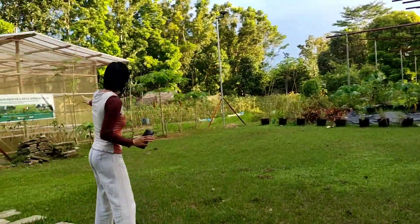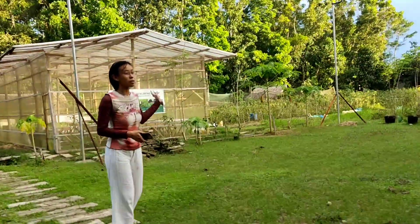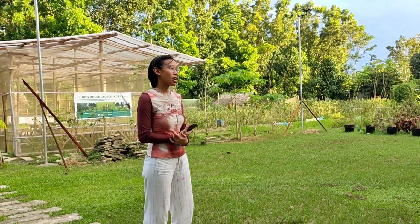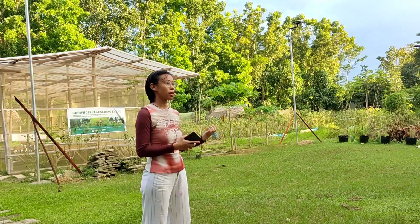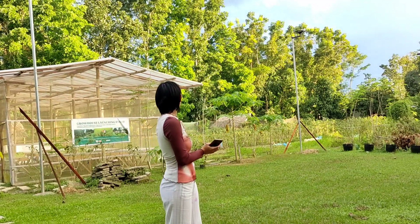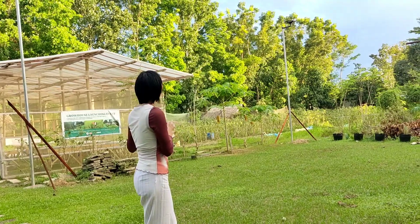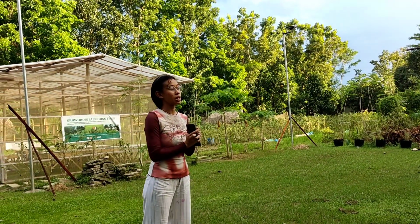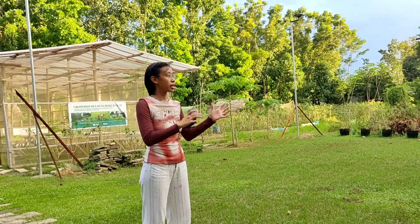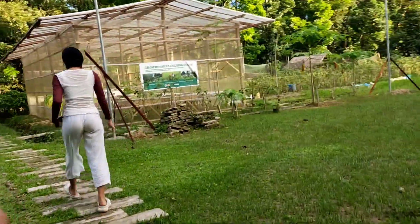So a third example, which we can start slowly moving away here, is the greenhouse. So this is a partnership with Kids Farm from Zamboanga City. They are an organization that promotes youth in agriculture, so trying to get the youth interested in farming. So they partnered with us. They taught us how to do prep-free hydroponics, and now this is our sample. Hopefully in the future we can start reaching out to other Dumingag nuns who are interested in creating their own at home or in the schools, things like that. So come with me, and then we can see the